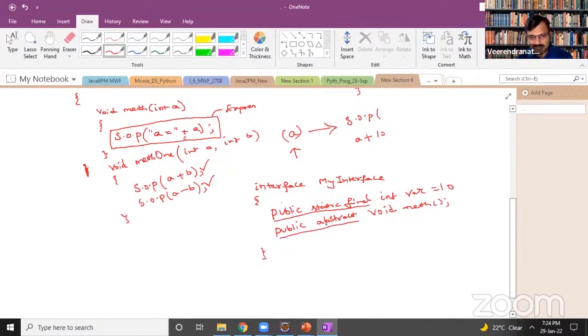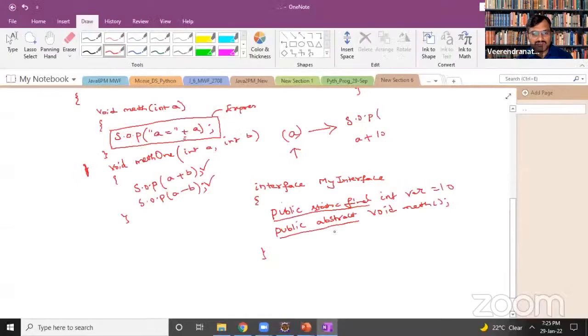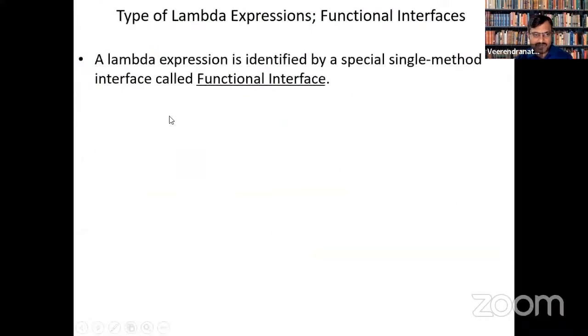Now what we are saying over here: a lambda expression identifies a special single method interface. Generally when you create an interface, it is not mandatory that it should have only a single method. It can have any number of methods. But specifically when we talk about functional interfaces, they are the interfaces with a single method.